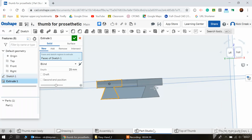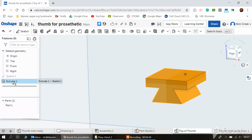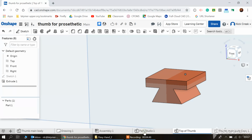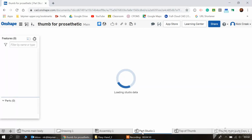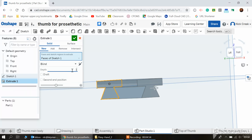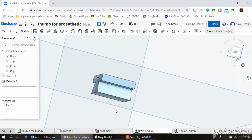And we're going to set this. Now, I can't actually remember, so I'm just going to quickly go back and check what I set this one as previously. So 15 millimeters. So back into here, and this is going to be 15 millimeters. So that's your